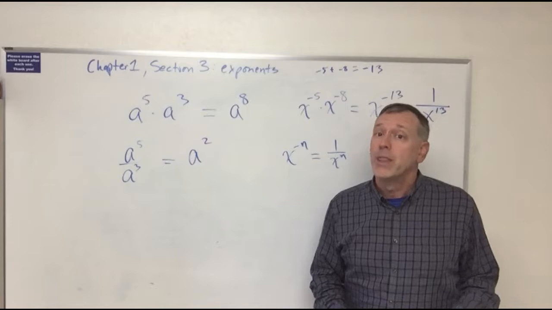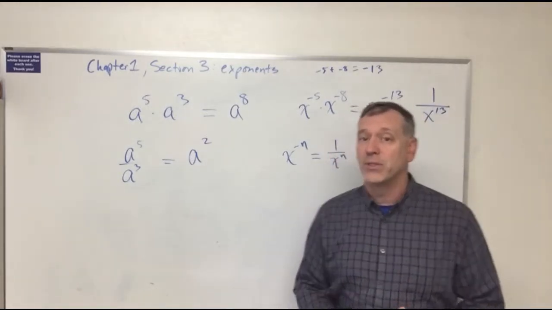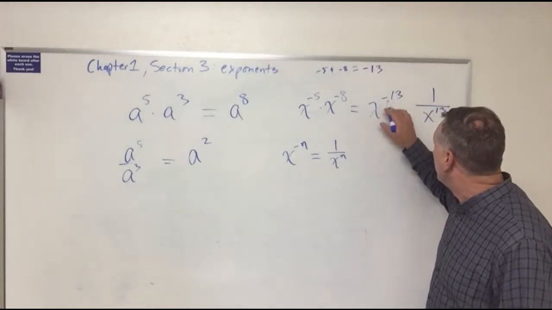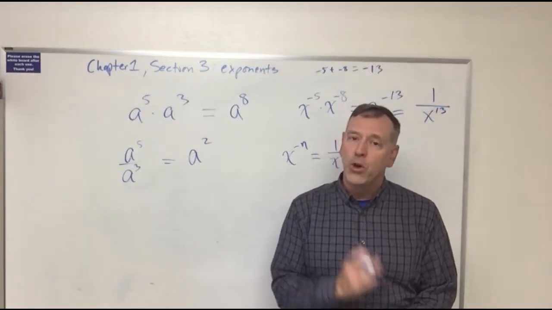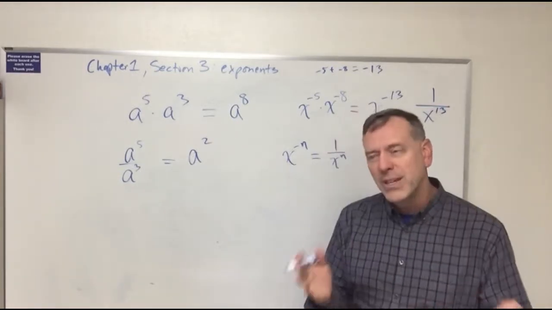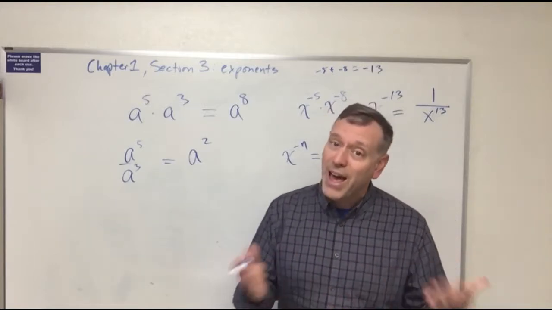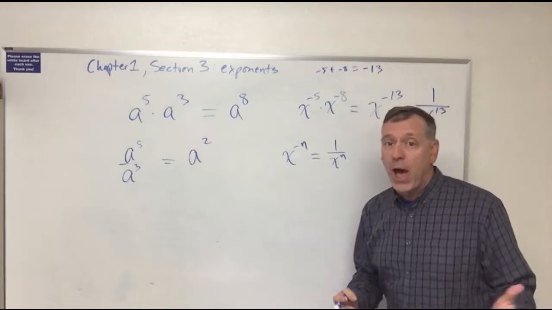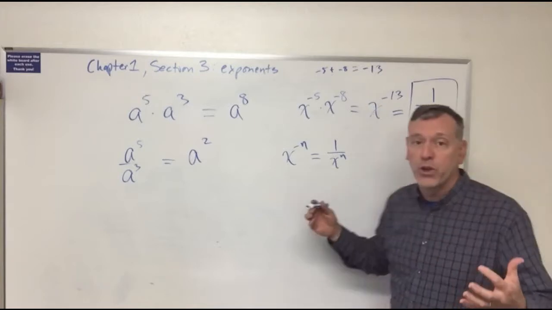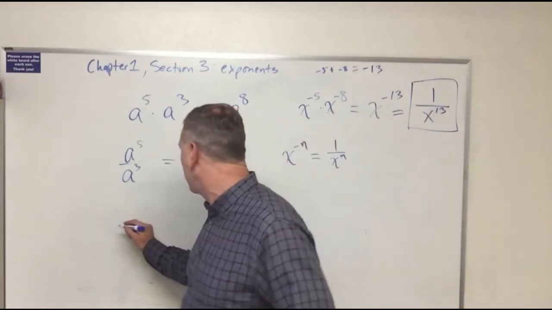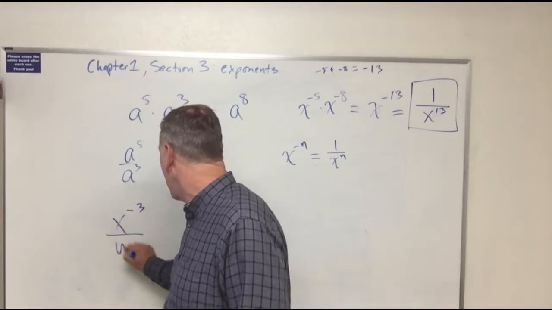Yet again, another principle that will materialize throughout the semester over and over again, especially in chapters 5, 6, and 7. These are the principles of negative exponents, and mathematicians are kind of quirky people. They don't necessarily like having a final answer where there are negative exponents. A lot of times, in algebra at least, they'll ask you to rewrite the answer so that no negative exponents remain. So for instance, if you had something relatively simple like this, x to the minus 3 divided by y to the minus 2,